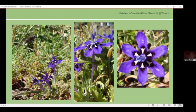So the picture on the left, it actually took me about an hour to take that photograph, and they're very, very difficult to photograph. It's easier to make a video of them. So you will also notice that there's pollen on the front of the head of the fly. So the different species that this fly pollinates have the pollen presenters on different parts of the plant. So that also helps to exclude